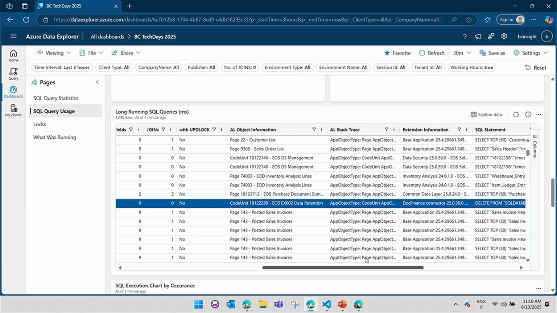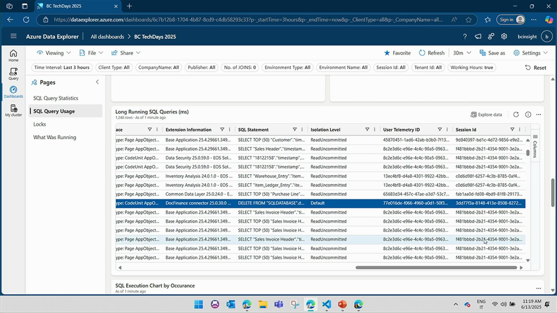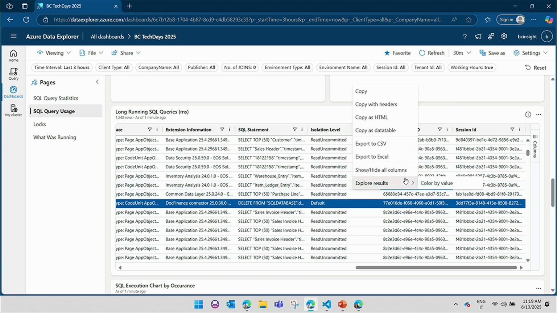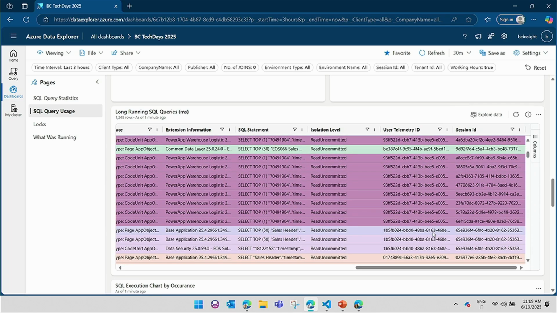The object information, the stack trace, extension information, SQL statement, everything, plus the user and the session. So if you want, let's say, to see how the concurrency is, this one is very big. It is hard to put your eyes on. But let's say that I want to make a visual with user telemetry ID. This one is colored by the user telemetry ID, and those are the users that are working together in the same spot. I'm taking 3 hours,